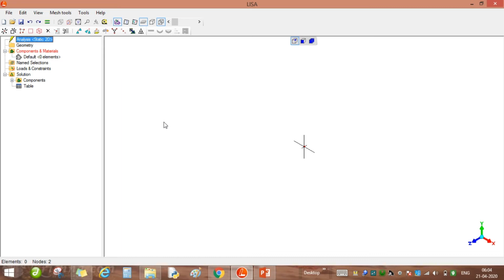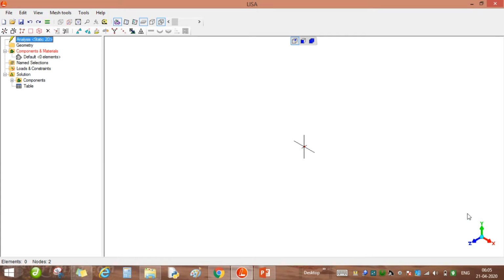If I specify the dimensions in mm and load in Newton, then I am going to get the result in Newton per mm square, which is the most commonly used unit for stress, that is megapascal. That is why we have given the coordinates in mm, 0 0 for the first node and 400 0 for the second node.